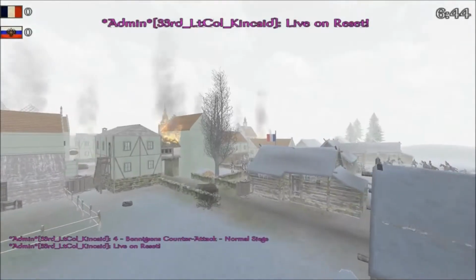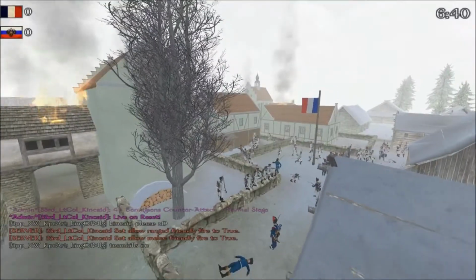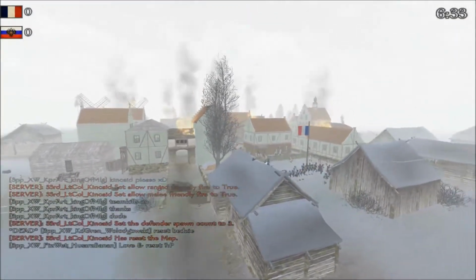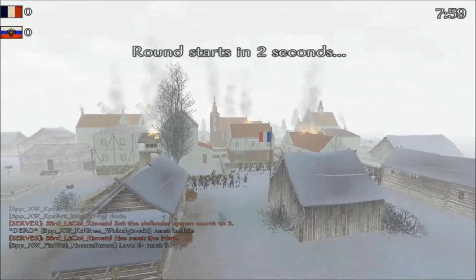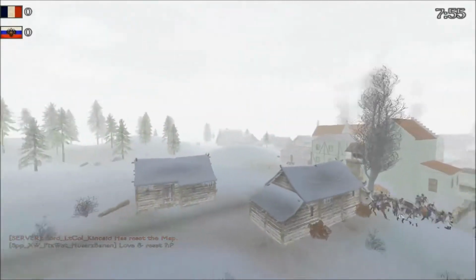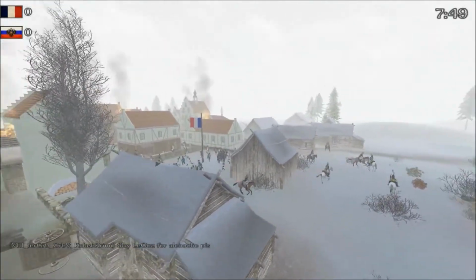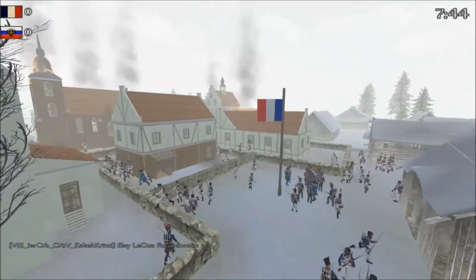And we are back with stage 4 of this event, which is Bennigsen's counter-attack. As you can see, this town, the town of Eylau, has seen quite some action already. The town is set ablaze. So now we have the Russians under Bennigsen. Obviously they're not going to waste any time with the situation the French are in, as their center is basically crumbling,